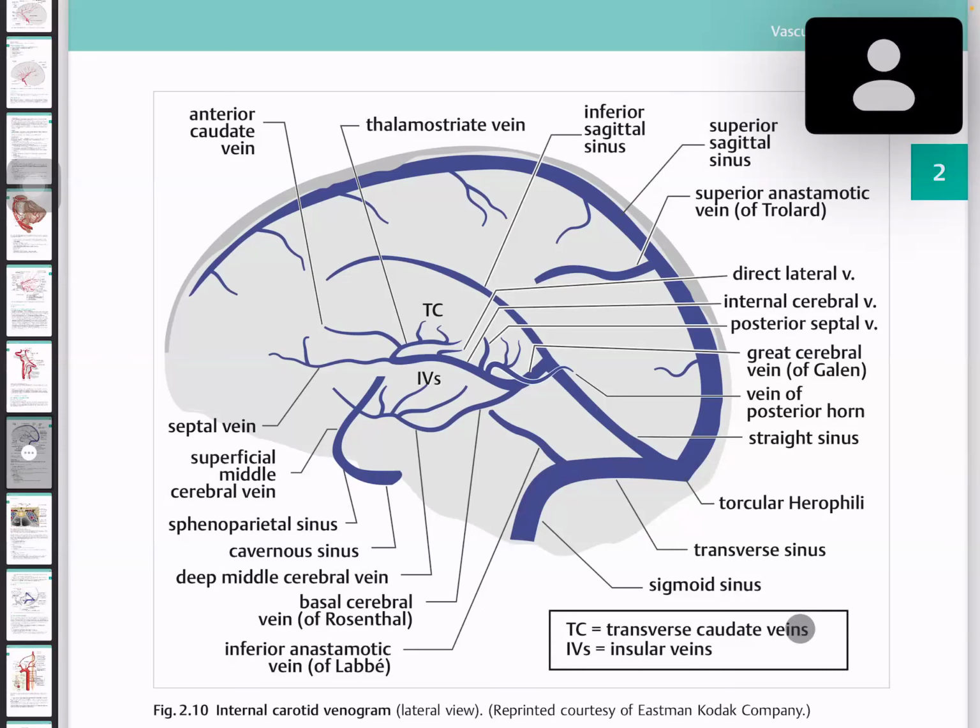What's important here is, let's talk about the great vein of Galen. The great vein of Galen is usually important in approaches to the pineal region. Before choosing an approach, either an interhemispheric occipital approach, a supratentorial inferior occipital approach, or a supracerebellar infratentorial approach,